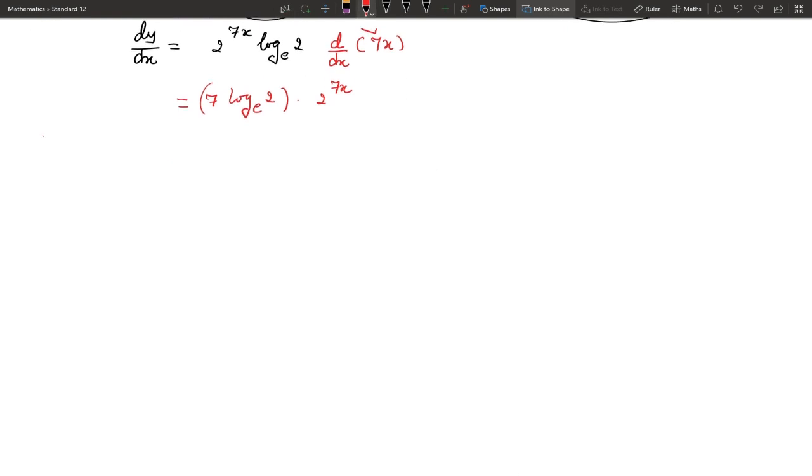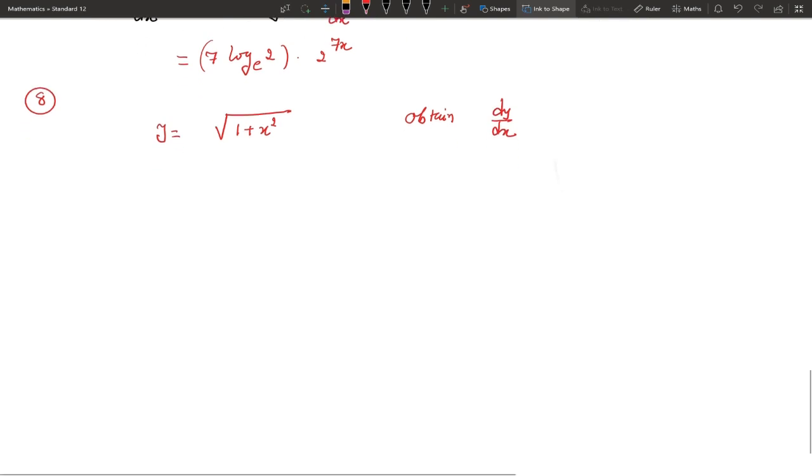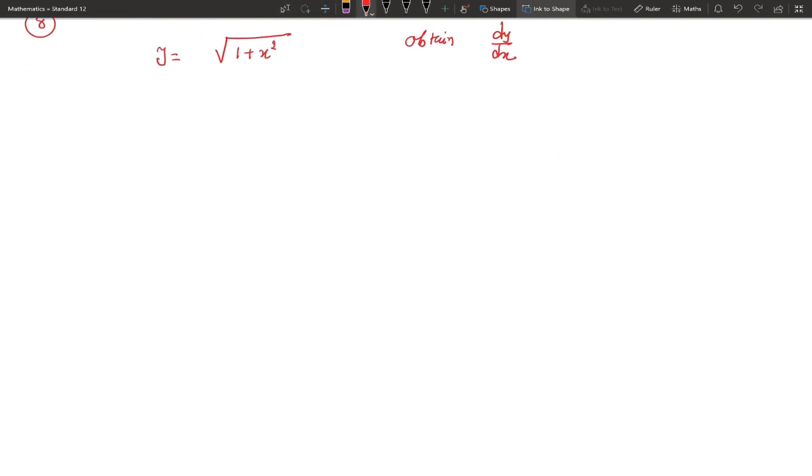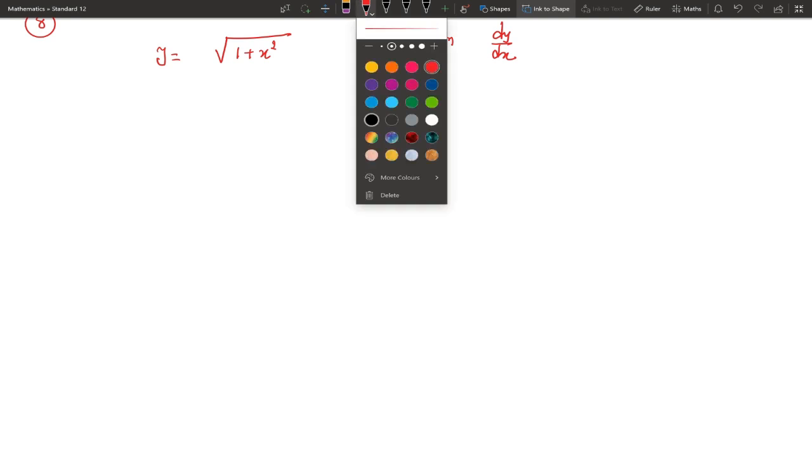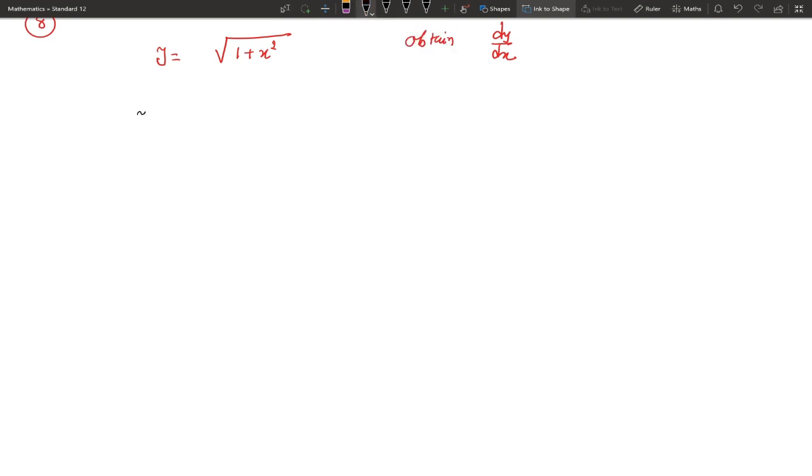We take more example. y equal to under root 1 plus x square, obtain dy by dx. So here actually under root 1 plus x square, it is nothing but y equal to 1 plus x square under root, that is power is 1 half. Therefore